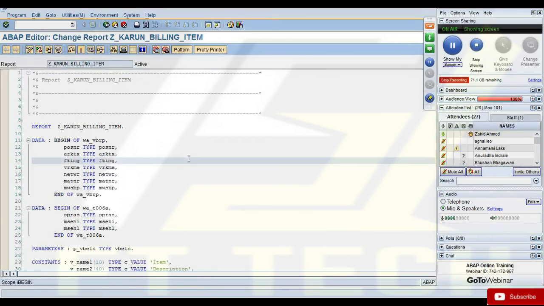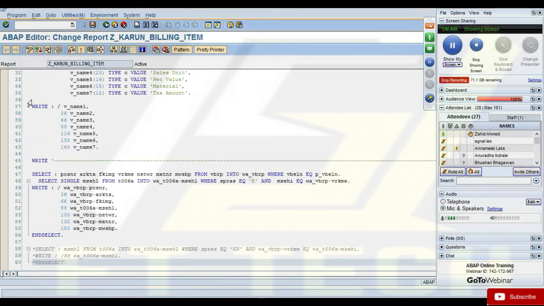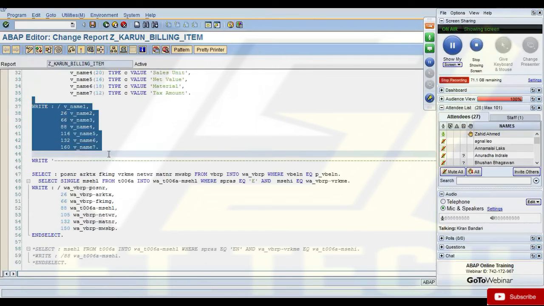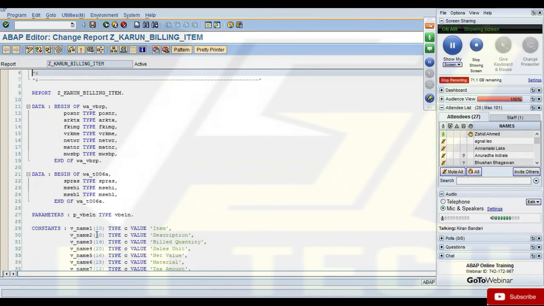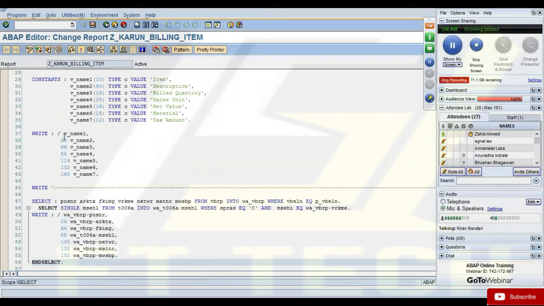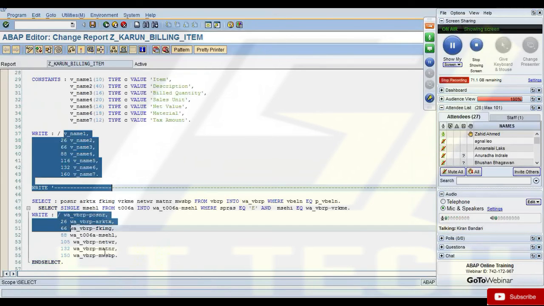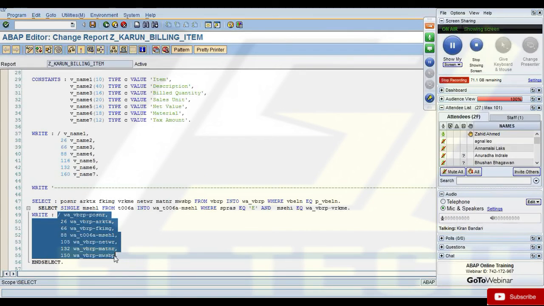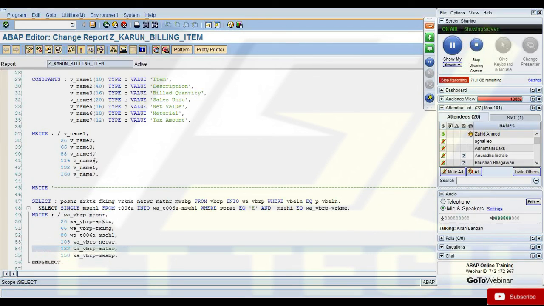Here, first write the header, using a write statement, and print your headers. Here he is using constants. Karan, if you are using constants, name them with C underscore so that I know it's a constant. Print your headers first and then your item details. By using these position numbers, you are maintaining the same distance, the column length.